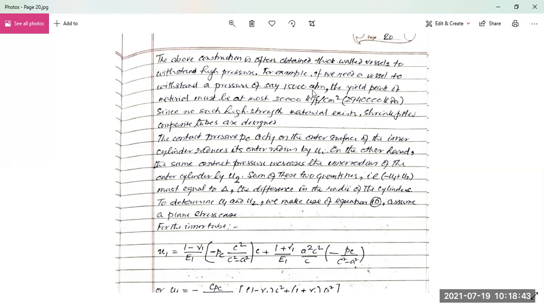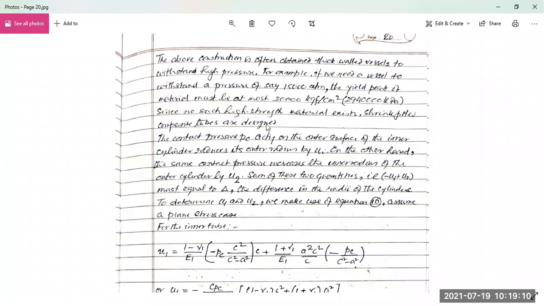For example, if we had a vessel to withstand a pressure of say 15,000 atmospheres, the yield point of the material must be at most 3 lakhs kgf per centimeter square, or 29,40,000 kilopascals. Since such an extremely high strength material doesn't exist on earth, the shrink-fitted composite tubes